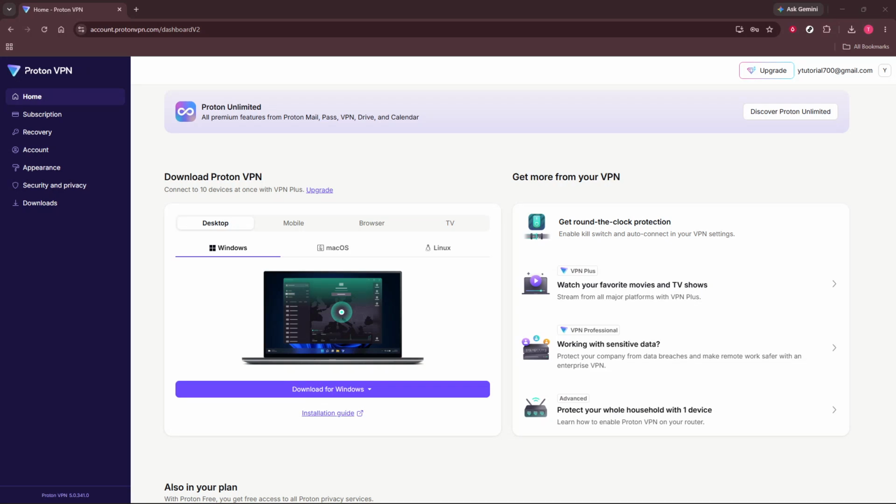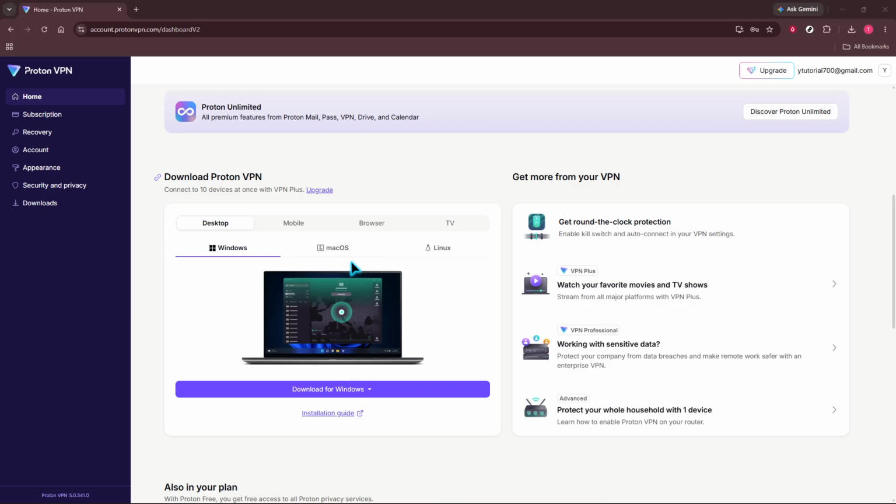In today's video, I'm going to teach you how to turn on stealth in Proton VPN. Stealth mode in Proton VPN is designed to make your VPN traffic less obvious, which can help if you're dealing with network restrictions, blocked VPN connections, or limited access on certain Wi-Fi or internet providers. The good news is that turning it on is usually very simple, and the process is very similar across Windows,